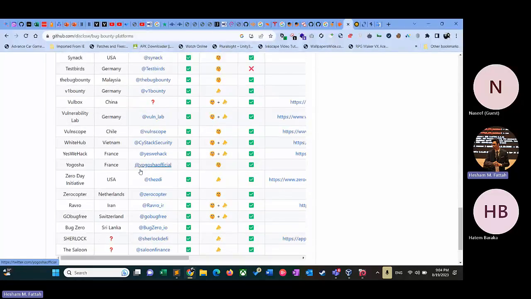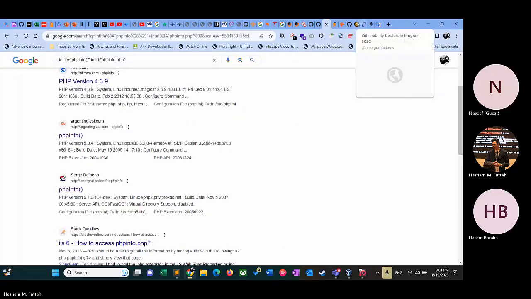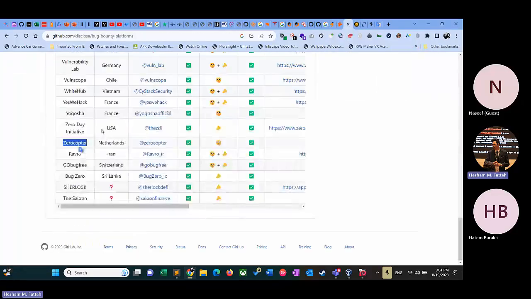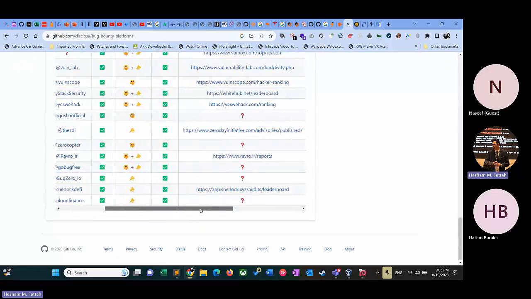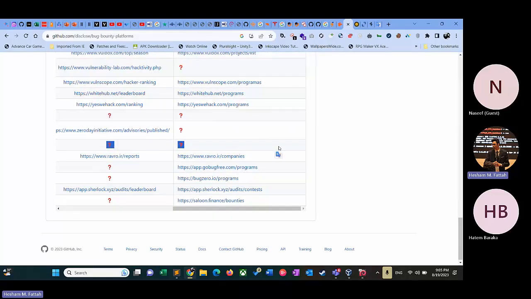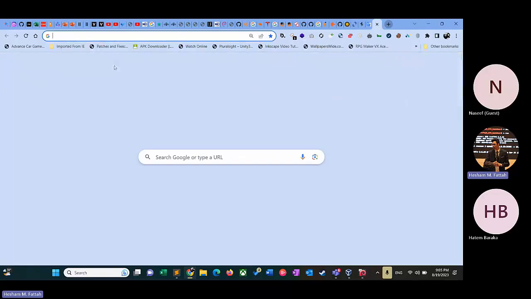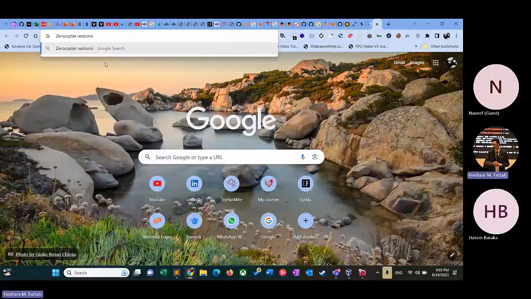I want to remember, yes, Zerocopter. Okay, so let me, yes, Zerocopter. Okay, they have the email address. No, they don't have the Zerocopter. So you can type Zerocopter with